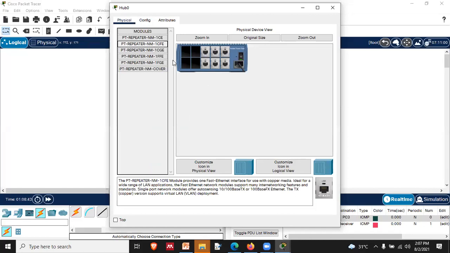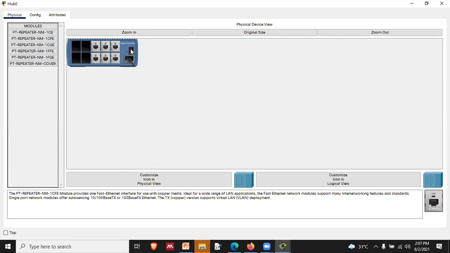Now suppose we want to connect with this fast Ethernet. So what we will do, we will click over there. But the problem is when the electronic device is switched on, we cannot install the module. It could give us an electric shock or something.